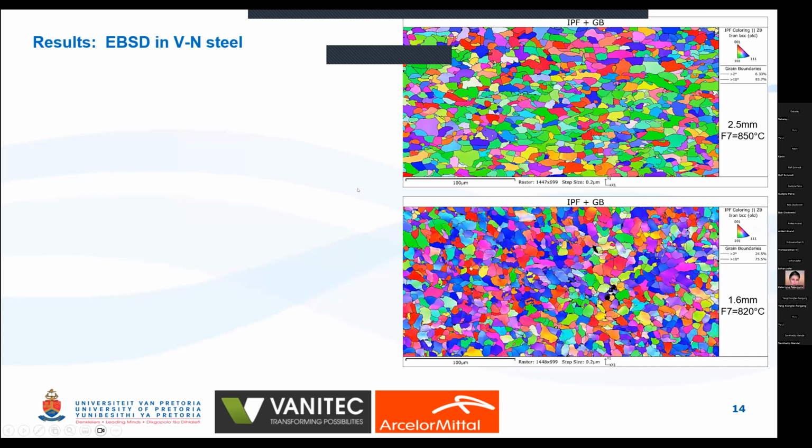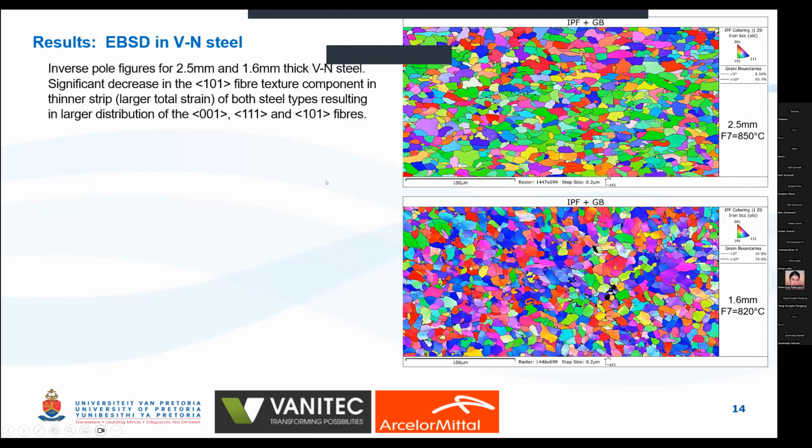Okay, a little bit of EBSD. Texture is not my strong point. However, thanks to my colleague, Mr. Kutsia, who did this for me, we had inverse pole figures for a 2.5 millimeter thick vanadium nitrogen steel, and a 1.6 millimeter thick one on the bottom. You can see there's a significant decrease in the 101 fiber texture component. The green one is distinctly reduced the thinner you go,